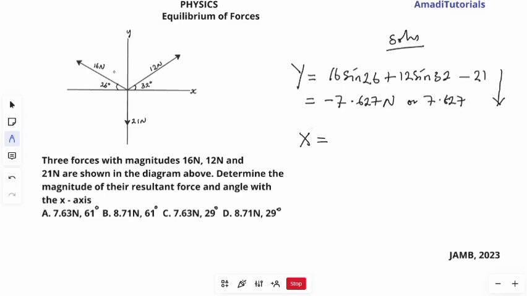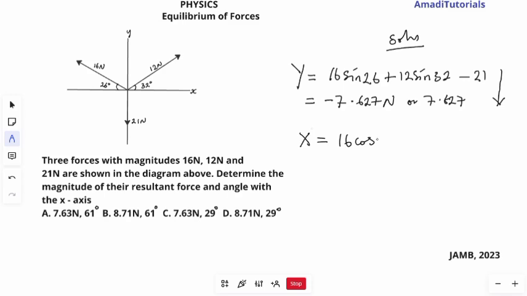So they will subtract from each other. Me, I'll prefer keeping the 16 first, since by intuition it looks bigger than 12. You cannot just say it's bigger because 16 is bigger than 12, because you don't know the ratio of the angle, whether it will later make it smaller than 12. So you never know. But I assume 16 is the bigger one, so I'll put